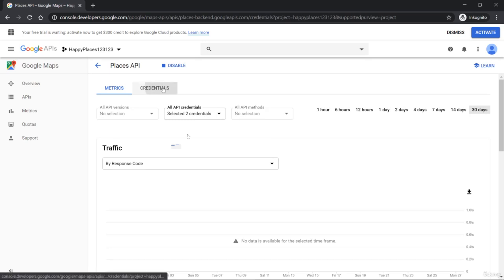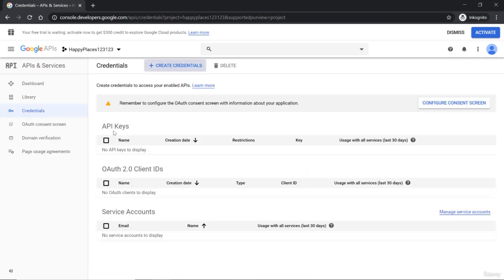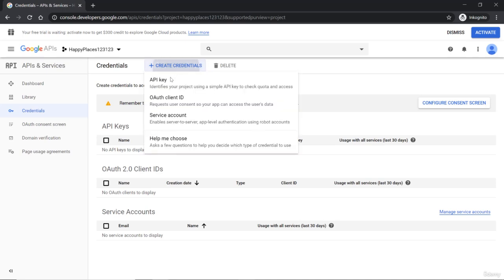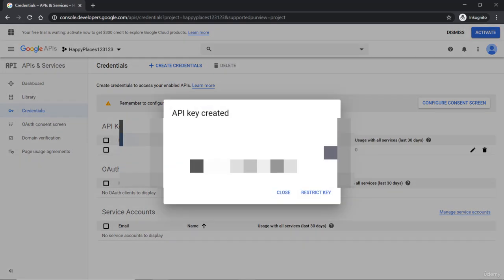Once you're at this screen, you can go to credentials, and then you can create a new credential. Here, credentials in APIs and services, this is where you can create a new API key. So let's create credentials, and I want a new API key. It's going to create one for me,